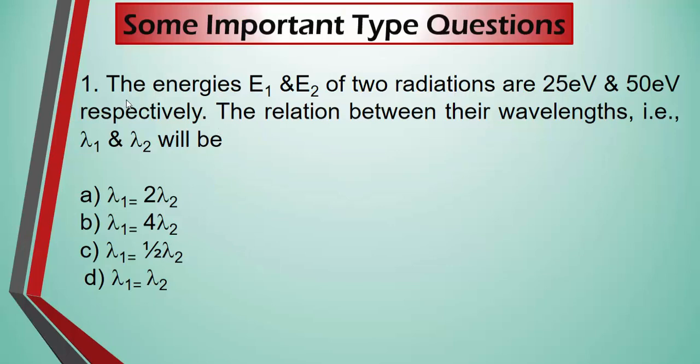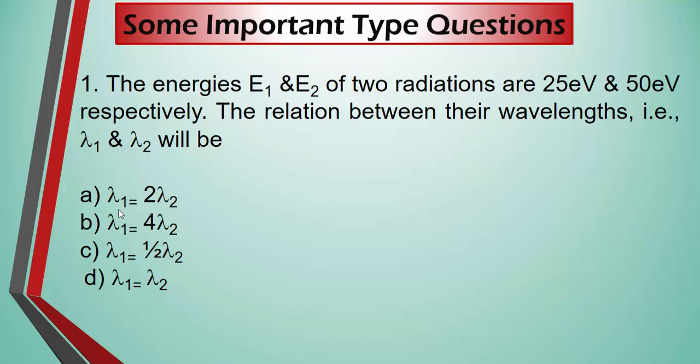First question. The energies E1 and E2 of two radiations are 25 electron volt and 50 electron volt respectively. The relation between their wavelengths, that is lambda 1 and lambda 2, will be. E1 is 25 electron volt and E2 is 50 electron volt. Now the relation between their wavelengths, lambda 1 for E1, lambda 2 for E2, will be